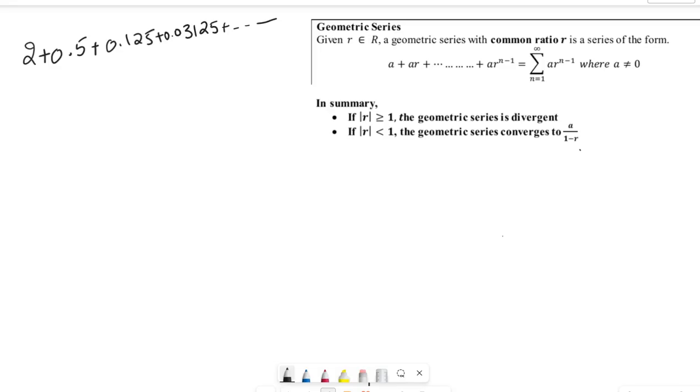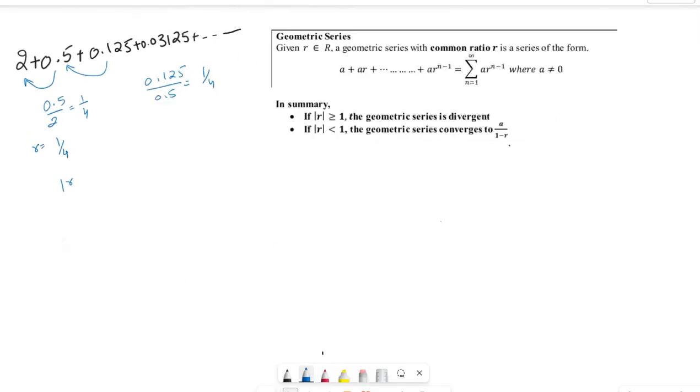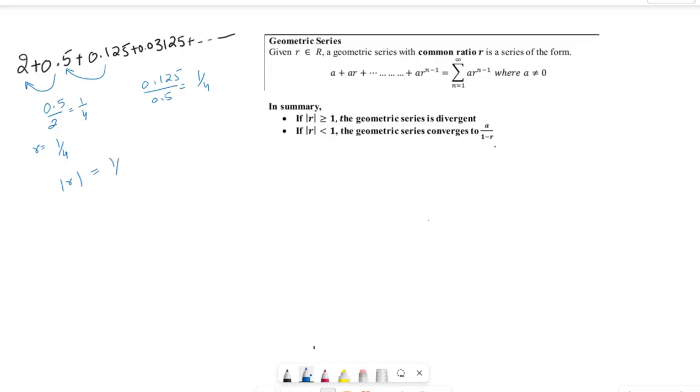We have another example of a geometric series. You will notice this is geometric by finding the ratio. 0.5/2 will be 1/4. Ratio of these two will also be 1/4 and so on. So our common ratio is 1/4 for the given series. Absolute value of r is 1/4, which is less than 1. Less than 1 meaning the series is convergent. So the given series is convergent,